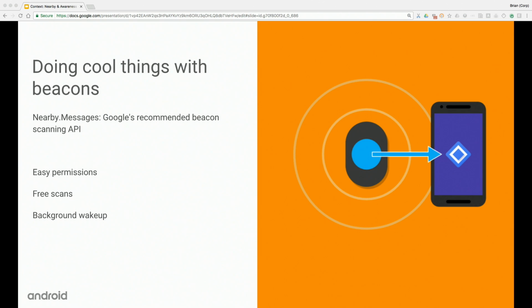The way that you set up these beacons, if you have a small enough amount of data, you can just encode it on the beacon itself. Shortened URLs, for example, will often fit into the advertising packet. But more commonly, the beacons are transmitting some kind of UUID, and then there's an association between that UUID and some larger piece of content in the cloud. And Google has a whole bunch of infrastructure around beacons. There's a beacon platform which allows you to attach things to beacons, and Google has a standard beacon format called Eddystone. So the general idea is that you can mark up the world with contextual content using beacons.